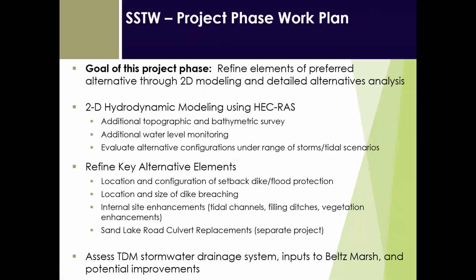So this is an overview of our work plan for this phase. And really, again, the main goal of this phase is to refine the elements of the preferred alternative through 2D hydrodynamic modeling and a detailed alternatives analysis. We'll be using HEC-RAS 2D for the modeling effort. We're doing additional topographic and bathymetric survey data collection. We'll be doing additional water level monitoring as well, and evaluating different configurations for the primary features of the project